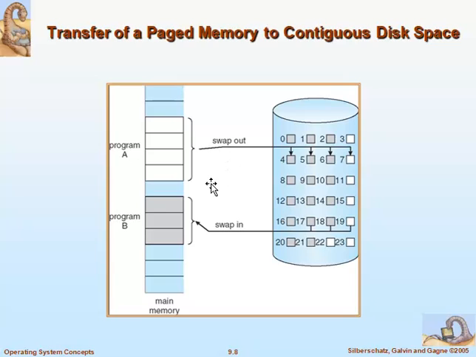Based on that, a certain process is selected, its process state is saved, and that program is swapped out onto the disk. And whenever a certain process needs to be brought into the memory because it has to be scheduled for execution, at that time we swap in. When we do the swap in, those pages will be brought into the main memory, and at the time of execution the process state is restored and the execution is performed.